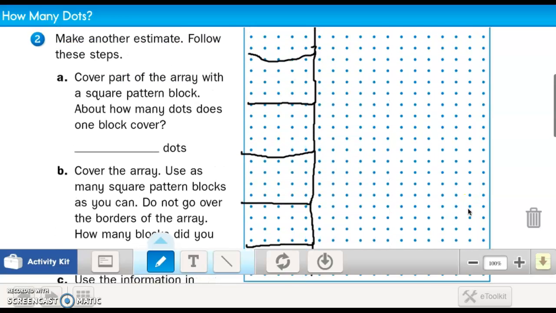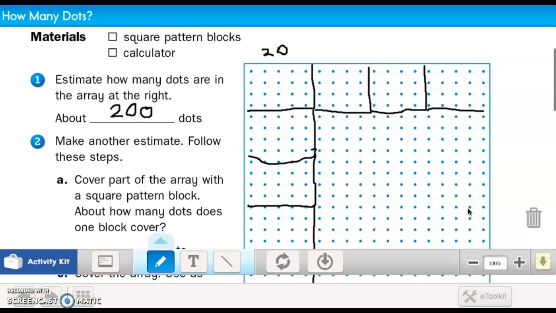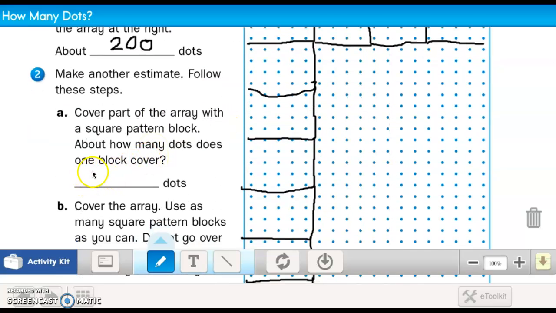So I counted by twos, and then I added 0. So 560. I am guessing, using estimation,